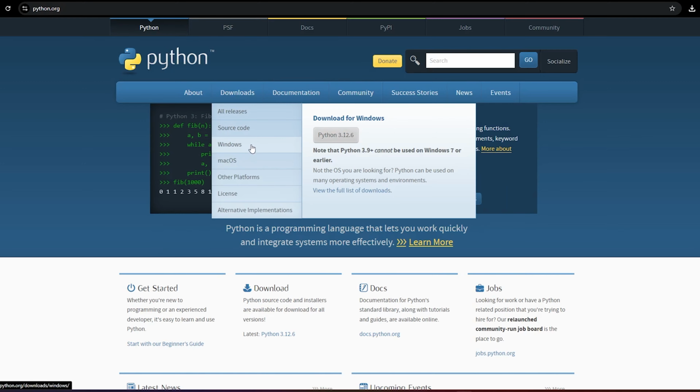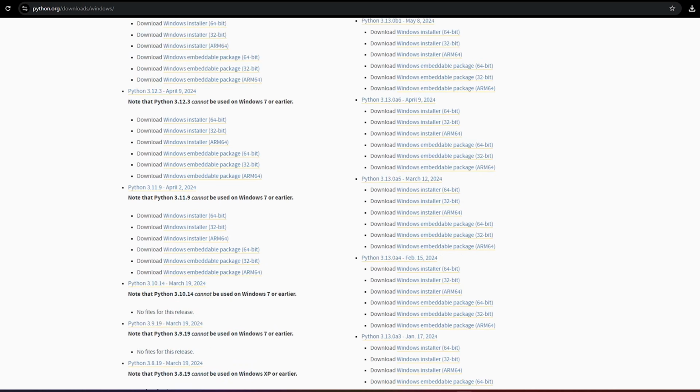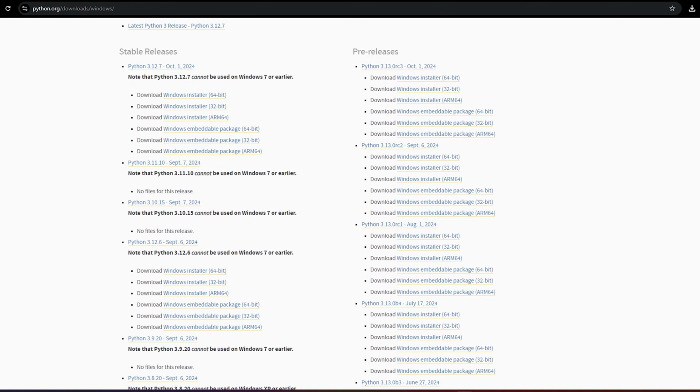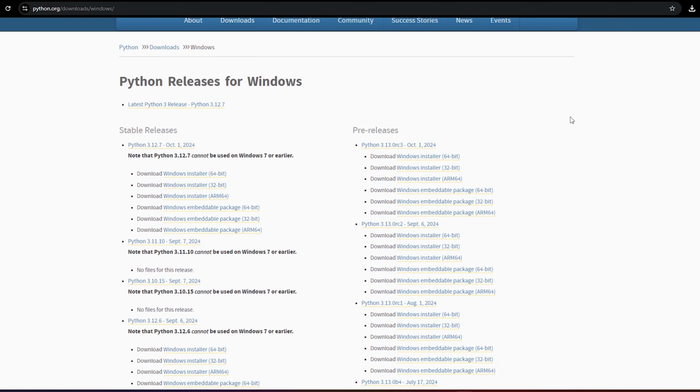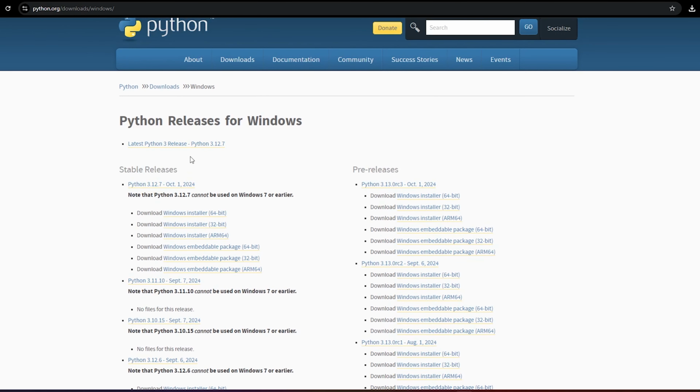As I'm a Windows user, I'm just gonna click on this, and here we can see all of the versions available and outdated or maybe pre-released versions of Python. On the right side of the page we have pre-releases, which right now, up to today, is Python 3.13, which is just going to be launched on October 1st of 2024. And here we can see and access stable releases, which I'm just gonna only download the latest Python release,